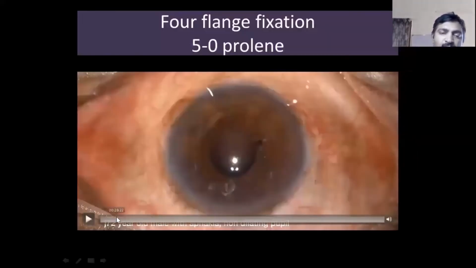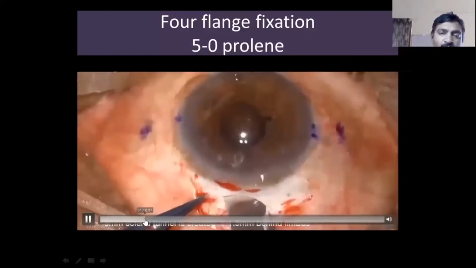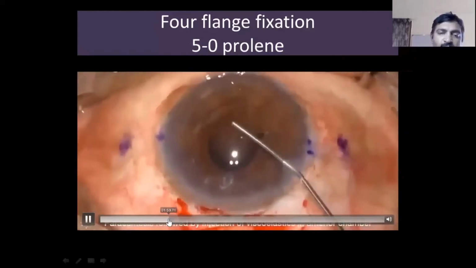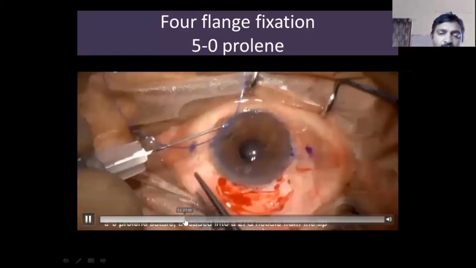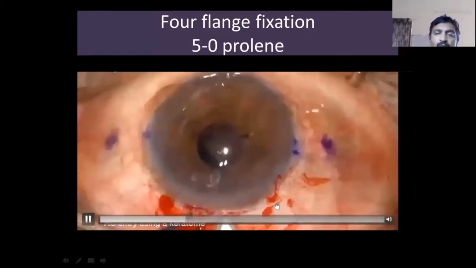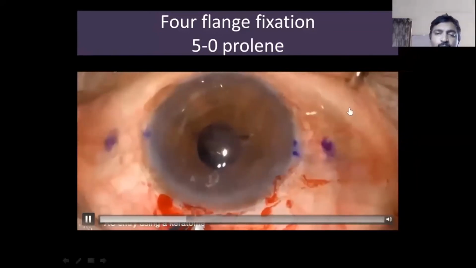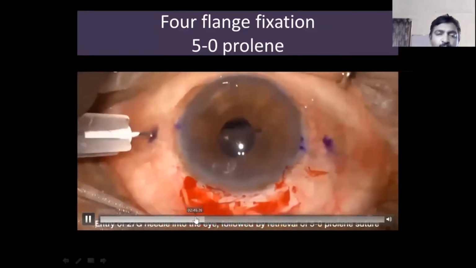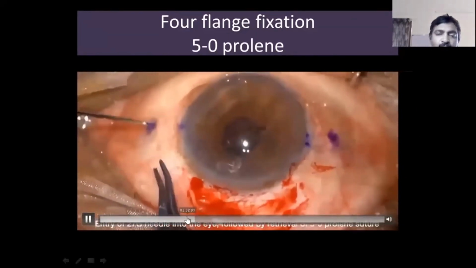flap. The next technique, which has been described, is the flange technique using a 5-0 prolene. Here we tend to use a 27 gauge needle and make marks which are around 2.5 mm from the limbus on either side, and use a 27 gauge needle and thread the prolene suture into that. Once you thread the prolene suture into that,